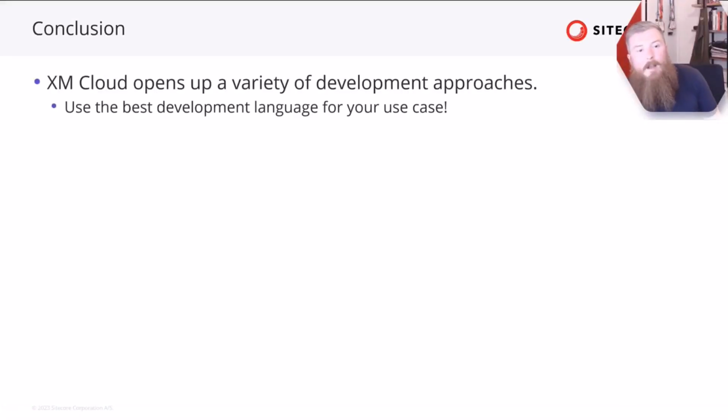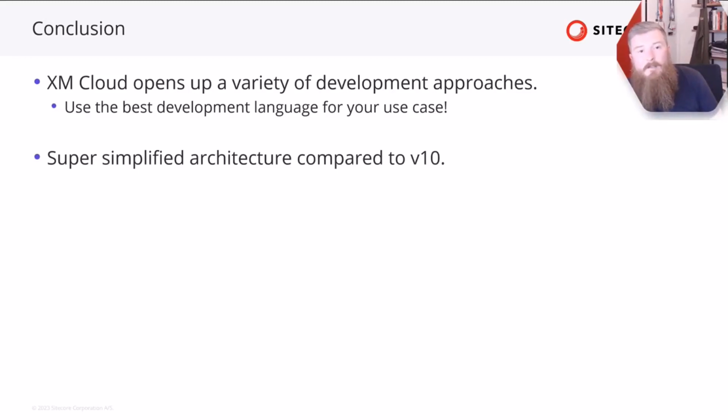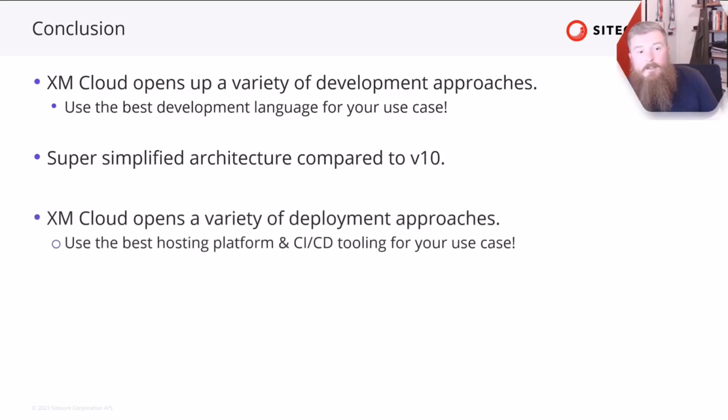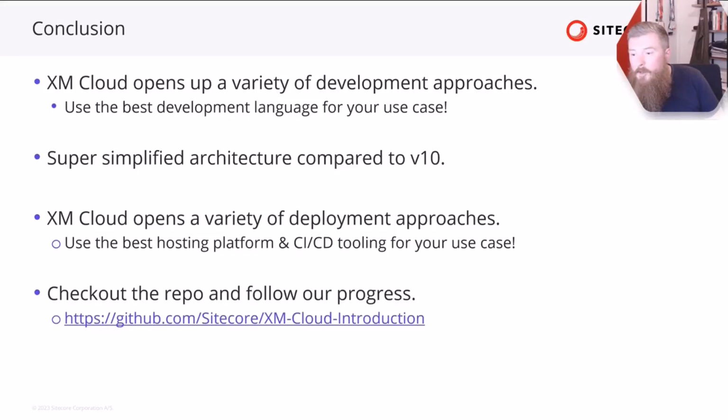So look, XM Cloud opens up a variety of development approaches. You really can use the best development language, or your favorite development language, or the development language of choice for your use case. It's really liberating in how you want to work with it. On top of that, it's a super simplified architecture compared to V10, so a much leaner application footprint than previously. It also opens up a wide variety of deployment approaches, so you can really use the best hosting platform and the best CI/CD tooling for your use case. You can really go nuts in how you want to set this up. And finally, the repo is all open source. You can go to this URL today and see it all in action and